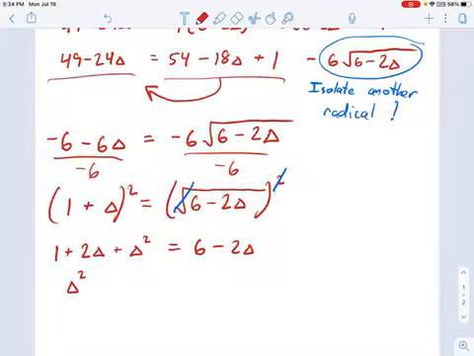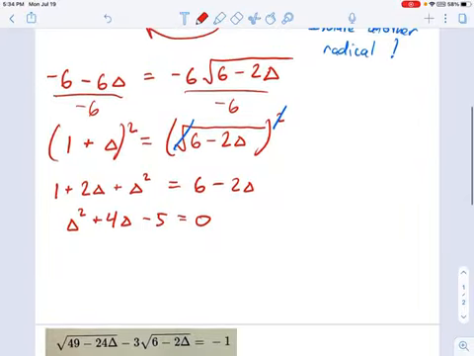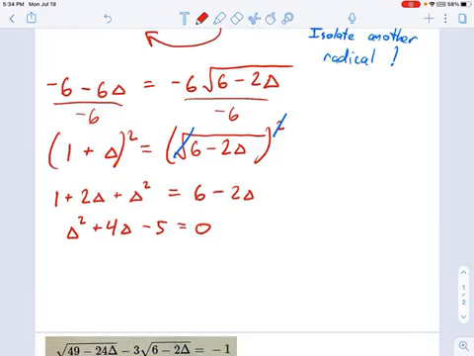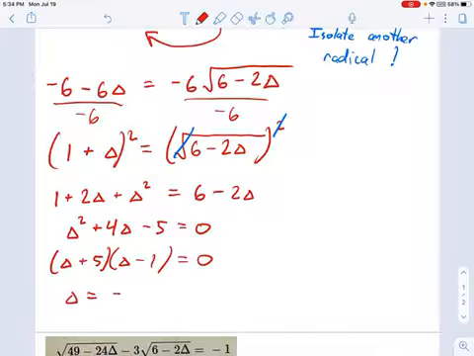That's really great. I just want to collect all the terms together, so I'm going to rewrite this one. That's delta squared plus 4 delta, right? I'm bringing this guy over. And I have a 1 minus 6 makes -5. Okay, so that's me just combining all the like terms together on one side. And now, let's see. I can factor this. You can use the big X if you want, but I'm going to blow through that a little more quickly here. This is going to be delta plus 5 and delta minus 1 equals 0. And the two solutions are negative 5 and positive 1.